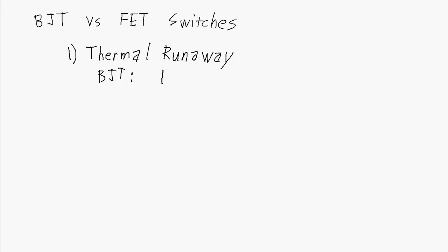If you've got a circuit where the collector current is increasing steadily, what's going to happen is the temperature is going to increase. Usually, as long as this collector current is less than the rated current for that BJT, the BJT is going to be able to dissipate that extra heat, and so the temperature of the BJT won't rise. But if it's unable to dissipate that heat, the temperature is going to increase,